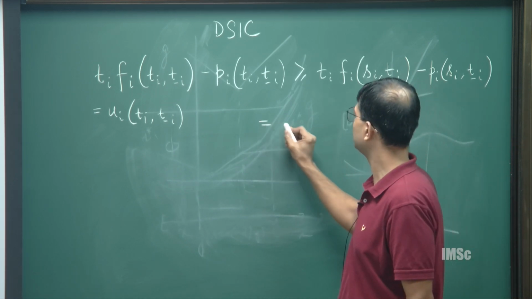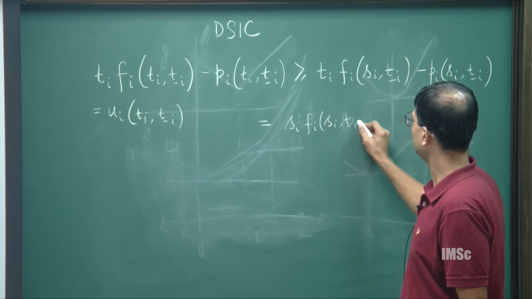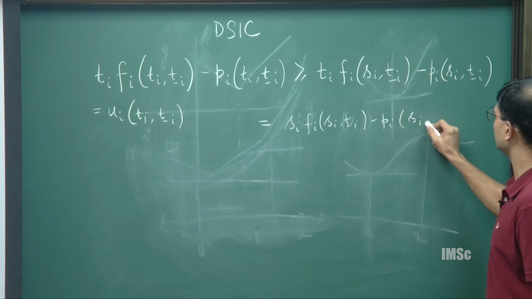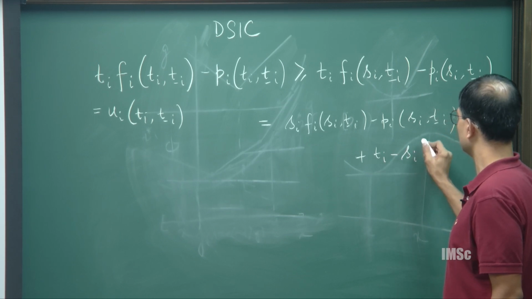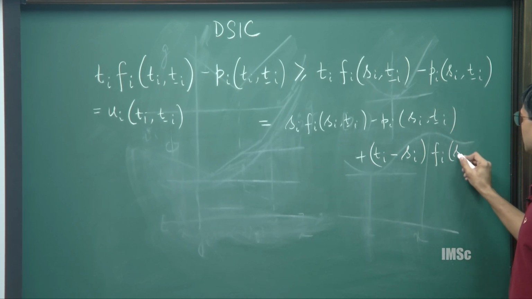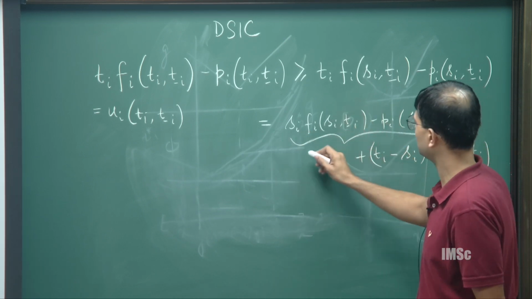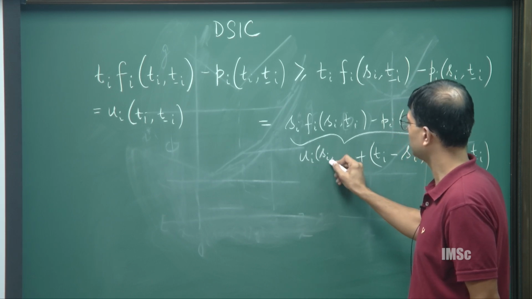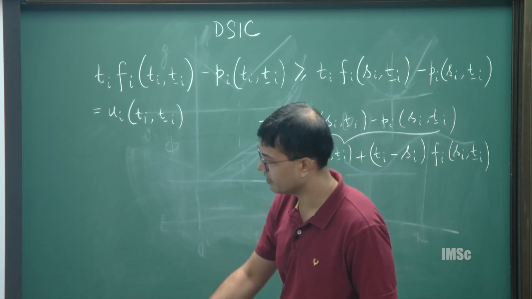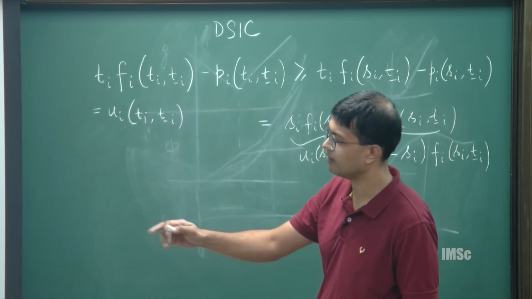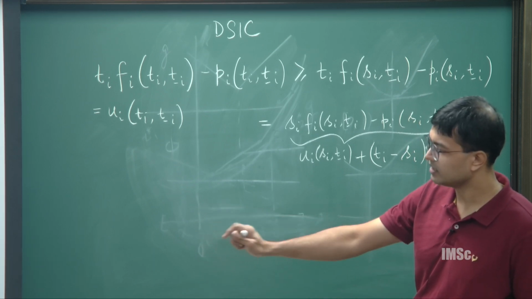Okay. So, I can write this as si times fi si t minus I minus pi of si t minus I, and then ti minus si times that fi of si t minus I. So, this is straightforward. So, now I have this term which is nothing but the ui of si t minus I, right, and the rest of the things. So, essentially that is what I have done. I have just replaced this, so that I have an inequality between ui ti t minus I and ui si t minus I, and